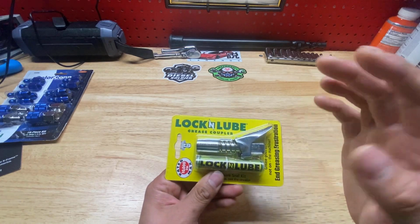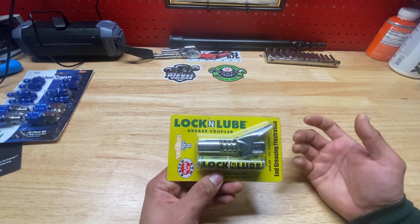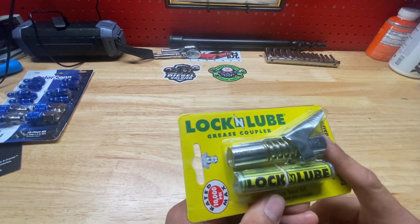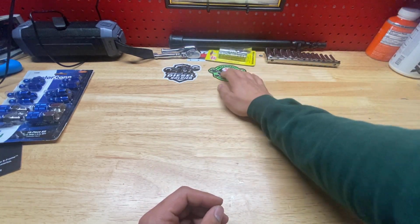And there's a review on this, like by Workshop Addict or Working Class Garage, and they used it on a Milwaukee, and that's where he got the idea from. My coworker does. So that's it for that. And then